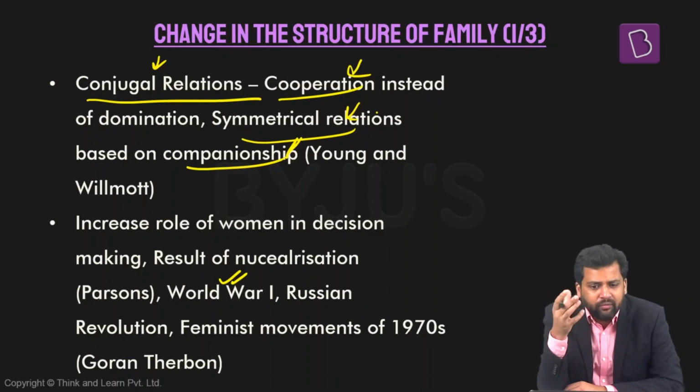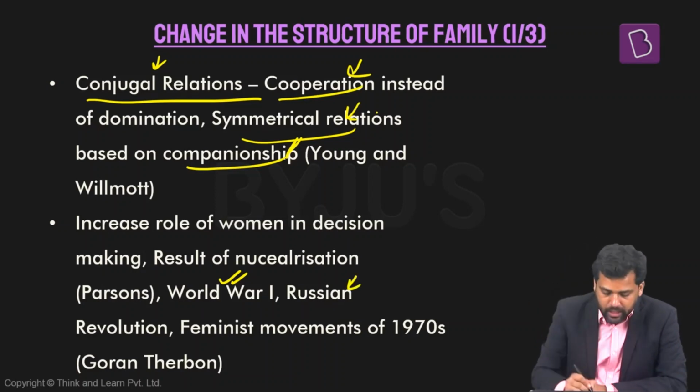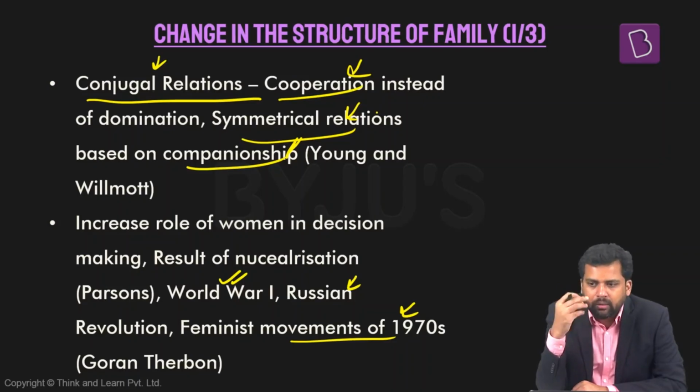At some point it was considered that women cannot do all these things, but now women were showing that they are able to carry out these activities. So women's say and women's standing changed. The Russian Revolution, a movement that talks about equality, might also have influenced values and norms back then. Different feminist movements in the 1970s were also germinating these ideas,